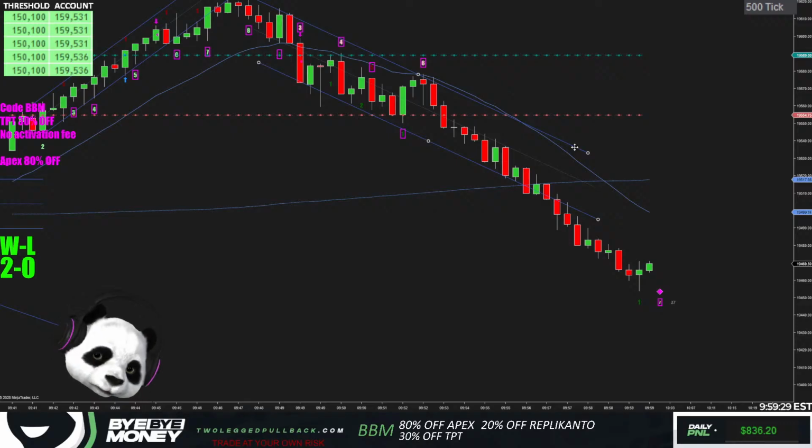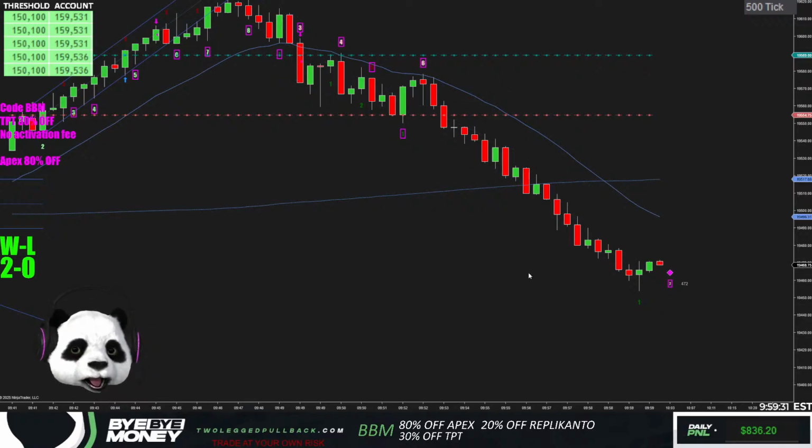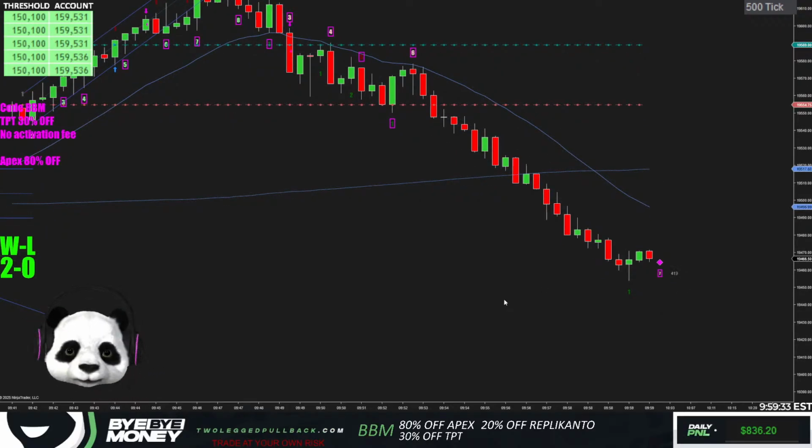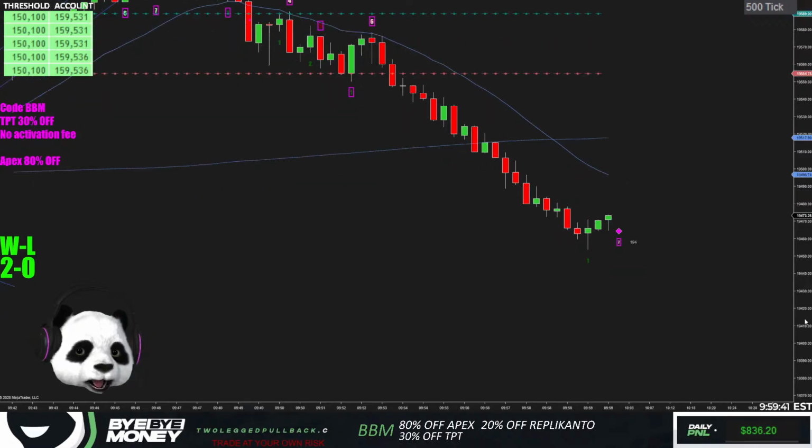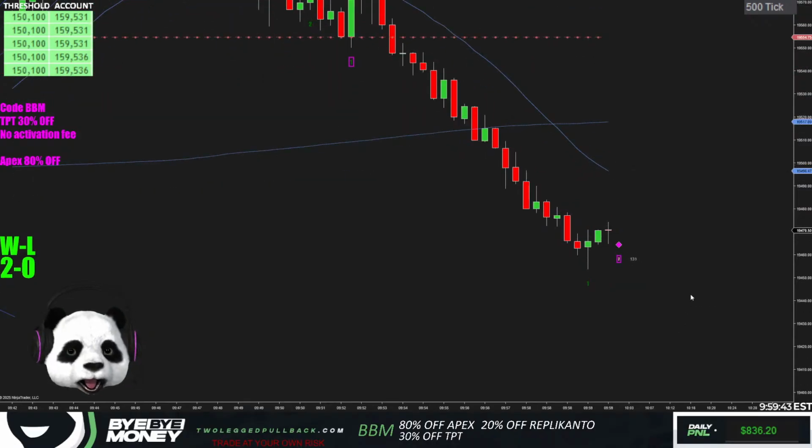That's pretty rare. 22 candles without breaking a previous candle's high. You don't see that very often, to be honest. That makes me feel like this is a very strong downtrend, a lot stronger than you think. I'm going to look for a short here. A second entry short would be beautiful. I would love that. I kind of doubt we're going to get it.